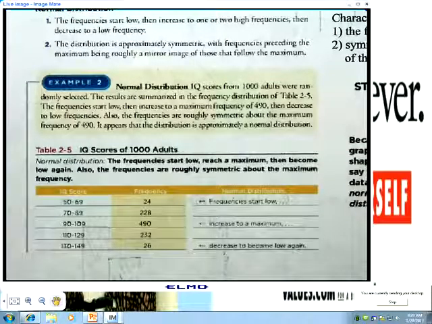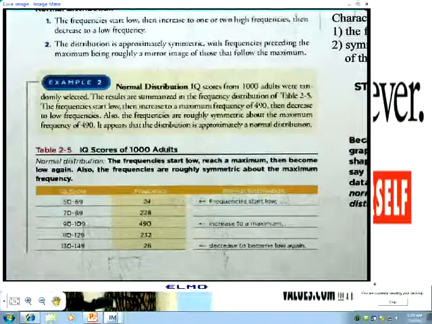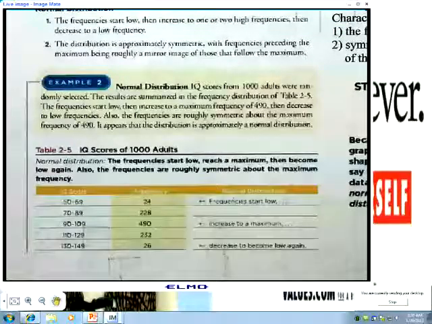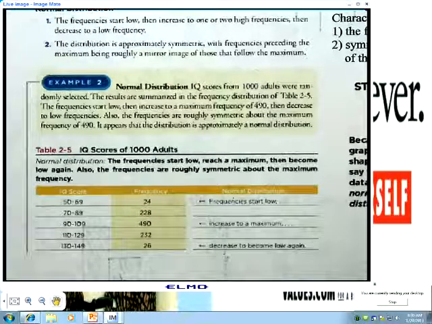And then a class below and a class above also have close to the same number of people. 2 classes below and 2 classes above have very close to the same number of people. These are your Mensa folks right here, your geniuses. So you can look at a frequency distribution or a histogram and determine whether or not it's from a